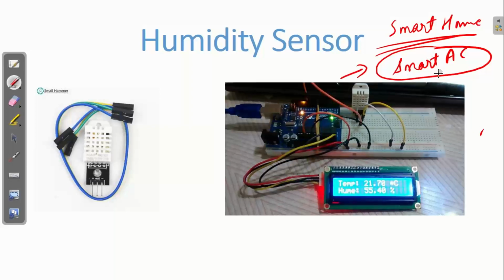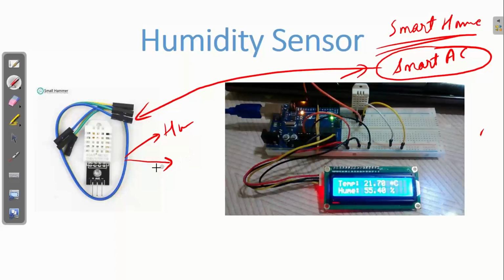Actually, inside this smart AC, this sensor is implemented. Now what is this sensor doing? This sensor has two parameters. I mean, it can sense two things. One is it can tell you what the humidity level is, and it can also tell you the temperature present inside the home, which you can see here. Can you see that on this LCD? You can see the temperature is showing as 21.70 degrees Celsius and the humidity level is showing as